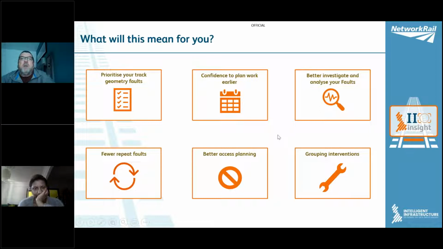So before, by putting all the data into one place, we can look at it to better analyze the root cause, and especially if we've got a cyclic top, what is the trigger for that cyclic top? And then by doing the ultimate and optimal fix, hopefully we get fewer repeat failures. Better access planning, by having a longer time period to plan, hopefully we can get into the right access